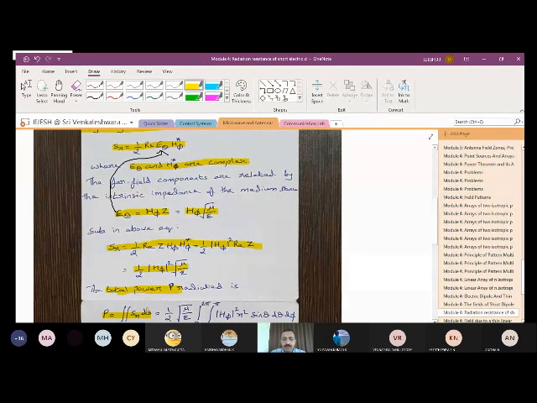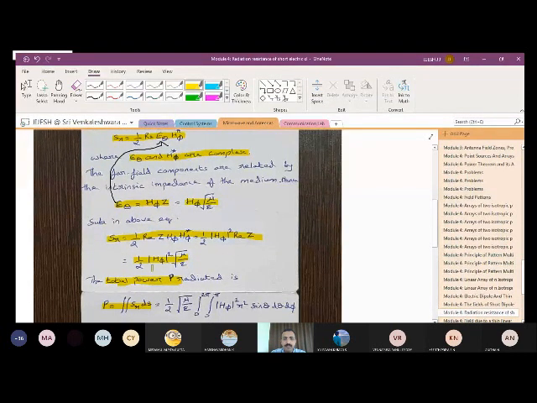Let me substitute whatever we have. We have the component S_r equal to 1 by 2 H phi square root of mu by epsilon, so I am going to substitute that, and I can take the constant term 1 by 2 root of mu by epsilon outside. You know that integration has to be done for the limits 0 to 2 pi and 0 to pi. So phi ranges from 0 to 2 pi and theta ranges from 0 to pi.